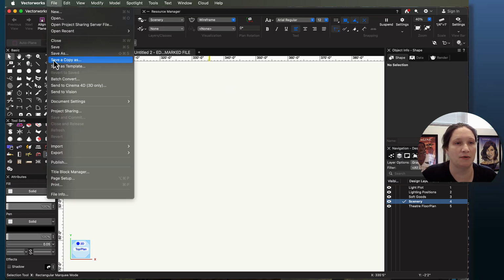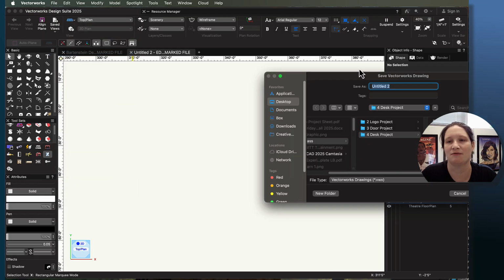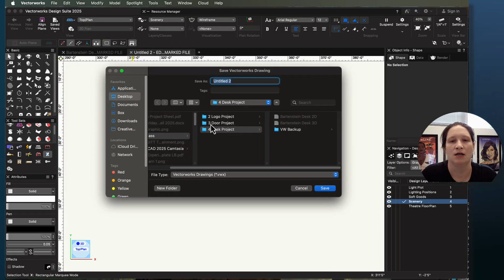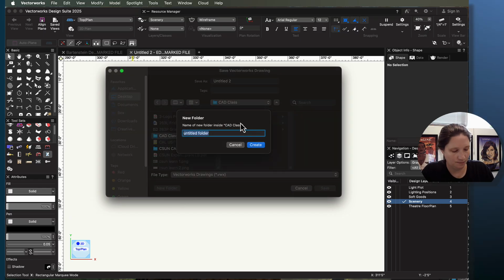Our third step, as always, is to save our file. Save as? I want to save a file. There we go. Okay, we'll start here. We're going to start a new folder. This will be 6 AutoCAD Theater